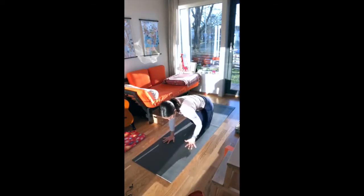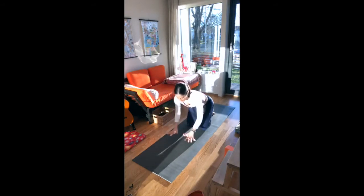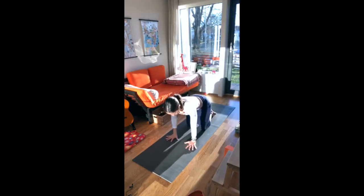So remember, hands under your shoulders, knees under your hips, and use the base of your fingers to support your hands. Lengthen your arms, press your hands to the mat, stick your chest out and your sitting bones slightly up. Inhale, look up, and exhale, round your back, chin towards your chest. And again, inhale and exhale. So be very careful with your neck. You don't need to lift your head too much